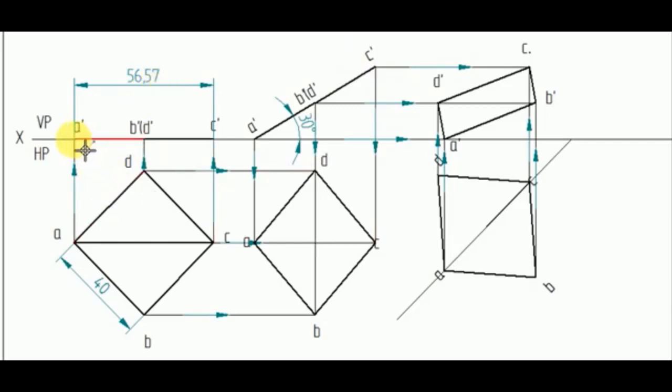But in your grid book, you have to take from this point to this point, that is A dash to C dash, with your divider keeping at A point, cut it by C dash distance, and then cut it by A point to B dash D dash distance. You will get A dash, B dash, C dash and D dash. Then draw the projector from A point till it intersects A, from B point till it intersects B, C point till it intersects C, D, D, like that. Join A to B, B to C, C to D, D to A with thick lines, that is 0.5 millimeter.